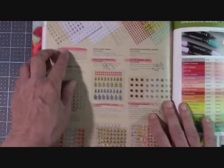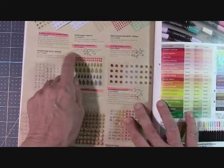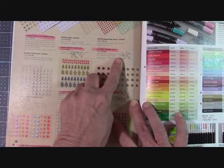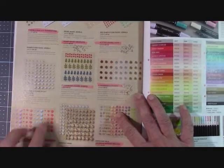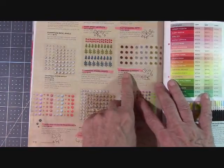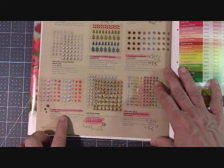We all need new embellishments though, right? Noble Peacock Rhinestones, retiring. Heart Epoxy Droplets, 25% off. Glitter Enamel Dots, 20% off. Dynaroar Enamel Shapes, retiring. Designer Elements, 25% off. Down here,